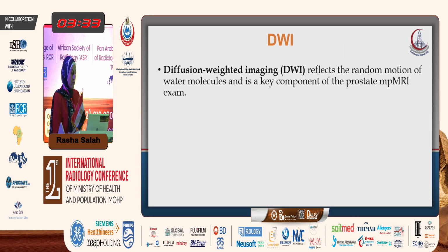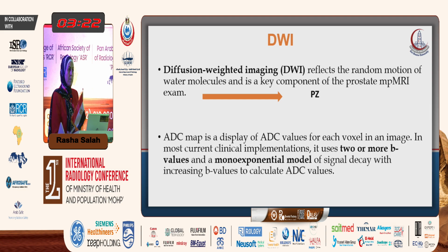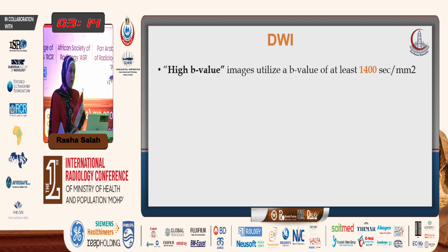Let's move to the diffusion weighted image. As we know, it reflects the water molecule motions, and it is very essential in peripheral zone evaluation. We implement the ADC map, which needs 2 or more B values. Let's move to how we can adjust our B values. We should perform high B values for prostate imaging, not the routine B values of 800 or 1000. We should have B values above